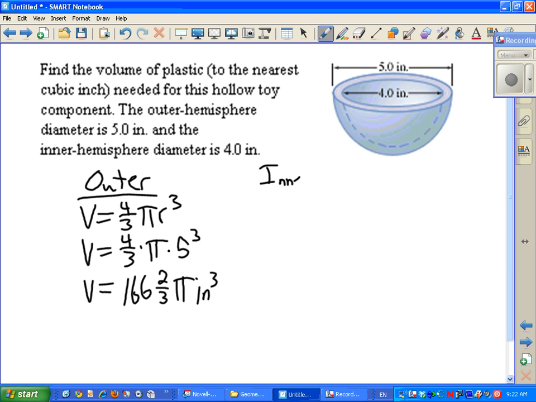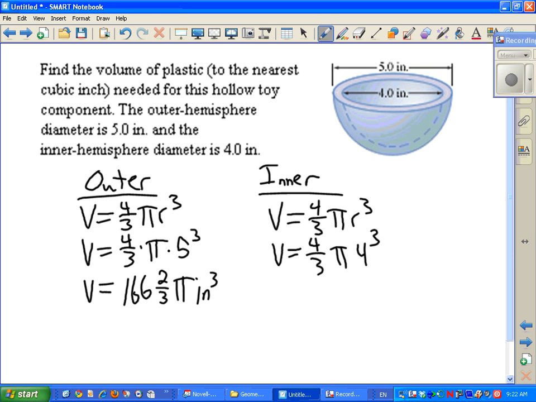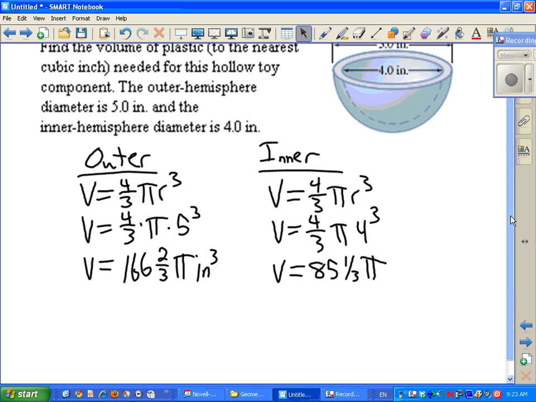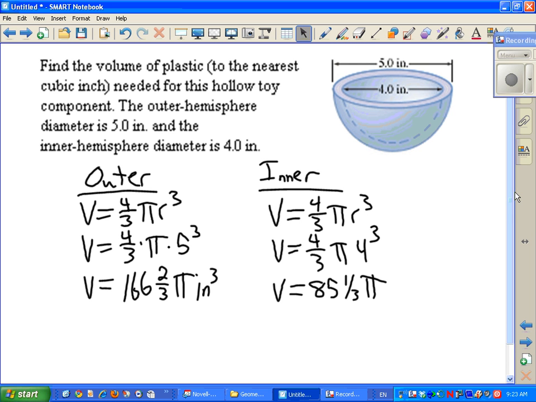The inner one, I'm going to do the same thing. And I haven't forgot that it's half yet. I'll come back to that. And this would be 4 cubed, and if I quickly do that times 4/3, I get that the volume would be 85 1/3 pi. Okay, so both of those numbers would be as if the sphere is a whole sphere,